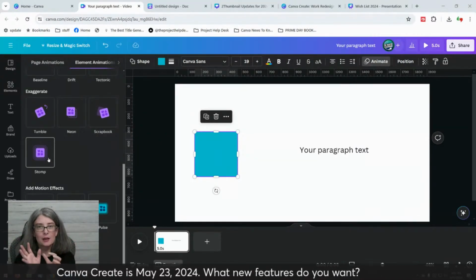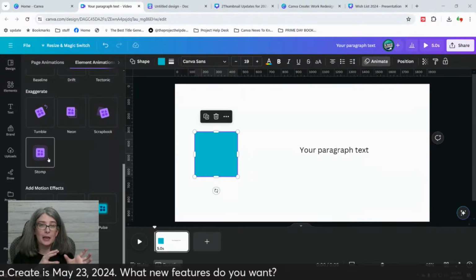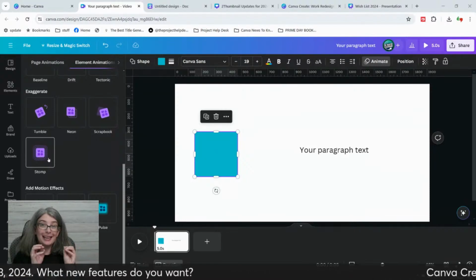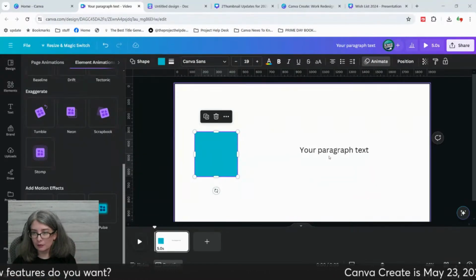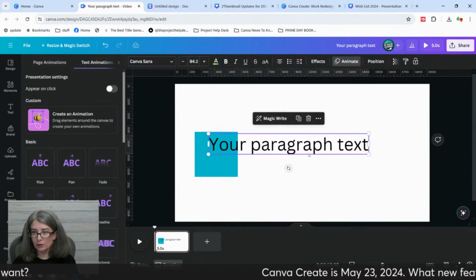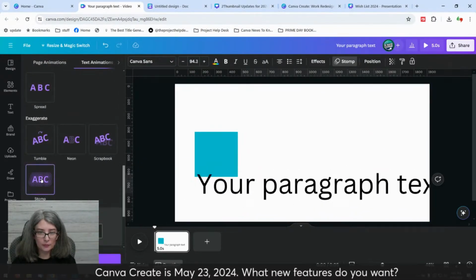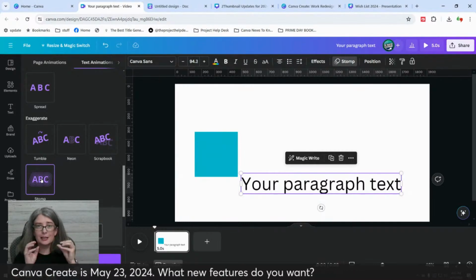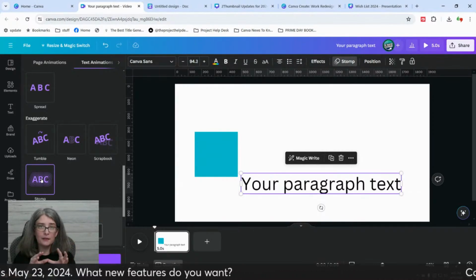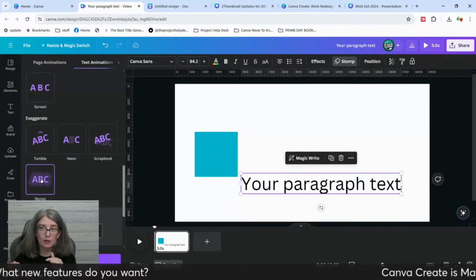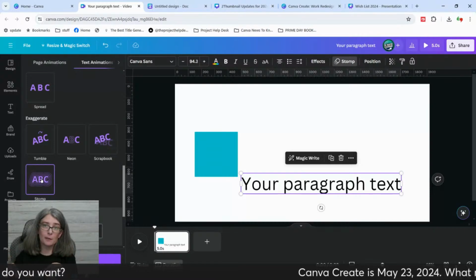And I think that would be one of the reasons why I would love to be able to download an animation like that. Let me find Stomp. I would love to be able to download an MP4 of my words under Stomp with a transparent background.